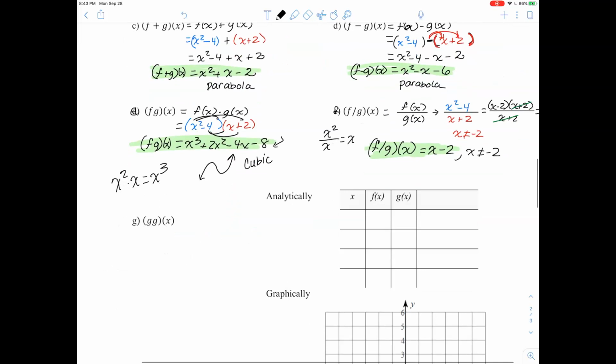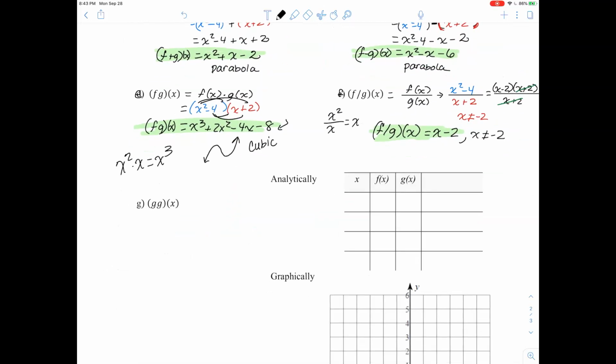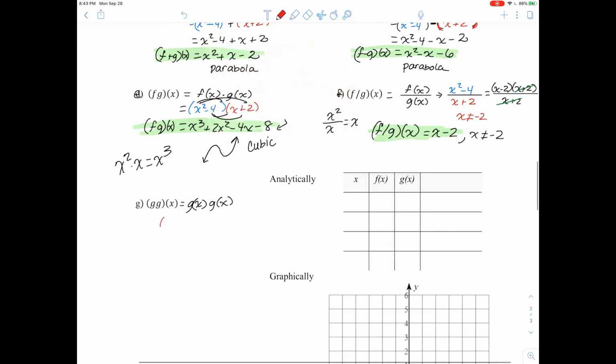Last one that I'm asking you to do here is the g times g of x. So that's the g of x times the g of x. We're just going to plug that in. So that would be x plus 2 times itself. So we're doing a linear equation times a linear equation, and that gives us